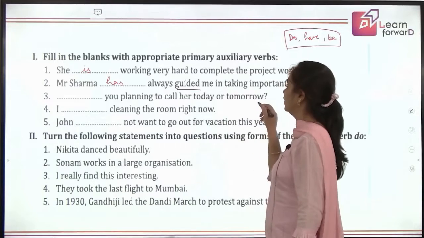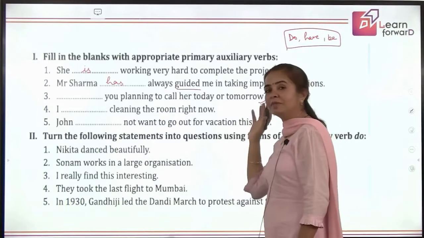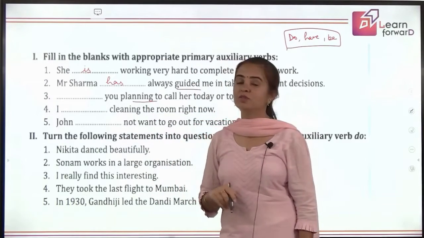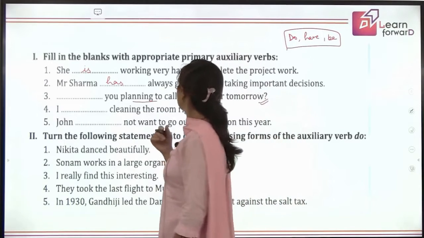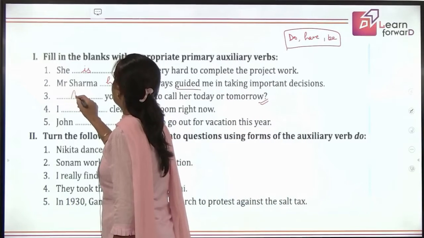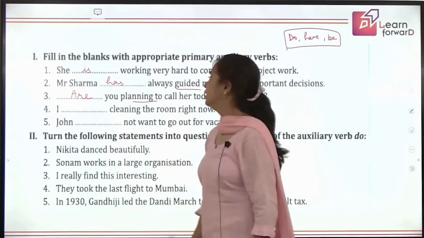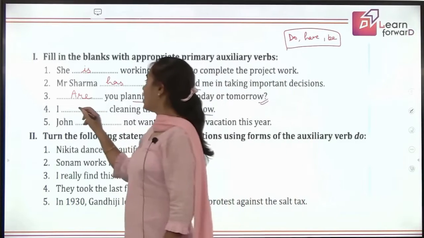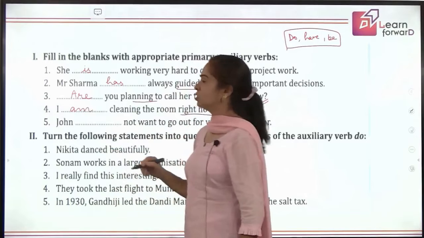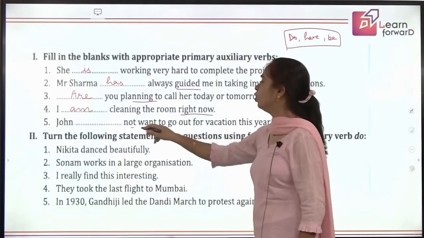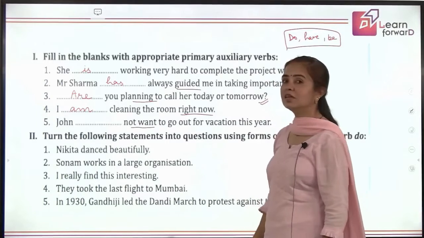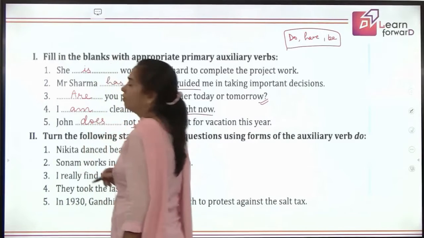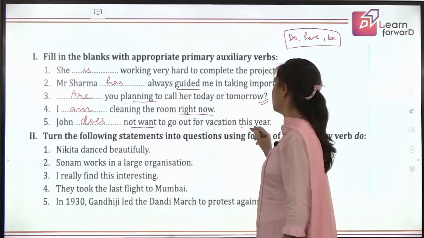Dash you planning to call her today or tomorrow? It's an interrogative sentence with a question mark at the end, and you see it's the ing main form of verb. So, it means we are talking in continuous tense. So, are you planning? Right? Next, I dash cleaning the room right now. That means I am cleaning the room right now. John dash not want to go out for a vacation this year. John is singular. So, does not. Right? This is the only possibility